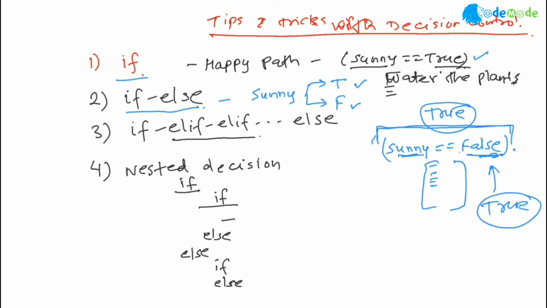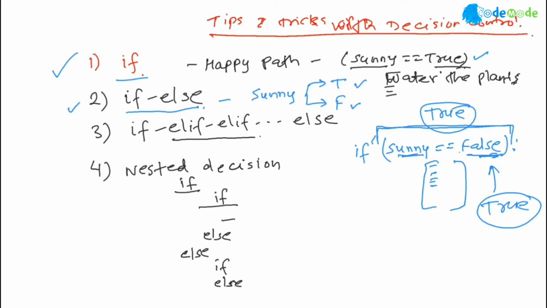So remember that it's not the variable name. Ideally, when you write, you say sunny equal to true, but you can also say sunny equal to false. Then I want to do this, and it is perfectly valid because you're talking about only if. So this is the if path. The second situation is the if and else.